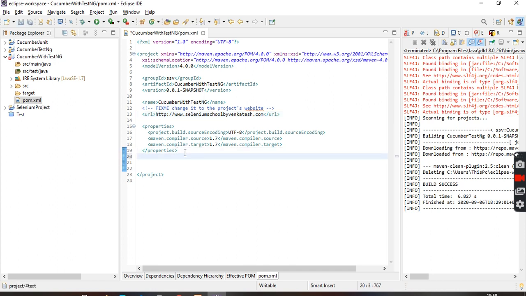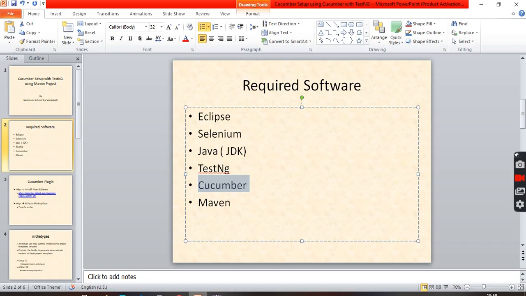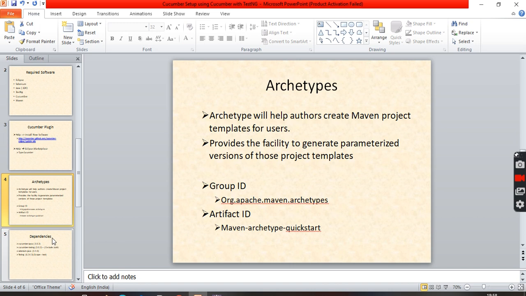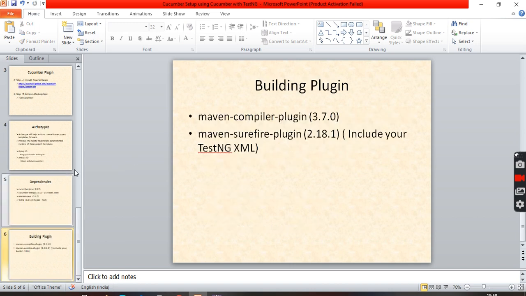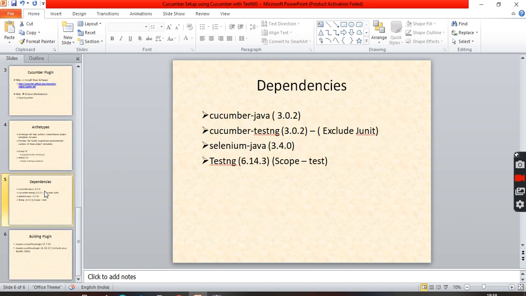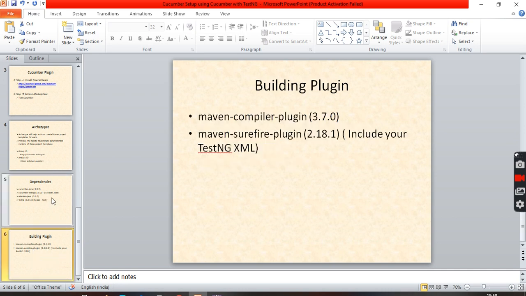But I want to add Selenium to my project. How can we add it? There are two things actually. One is dependency, another one is build.